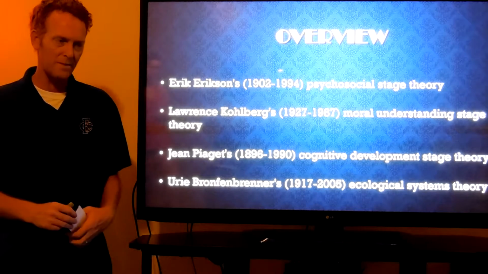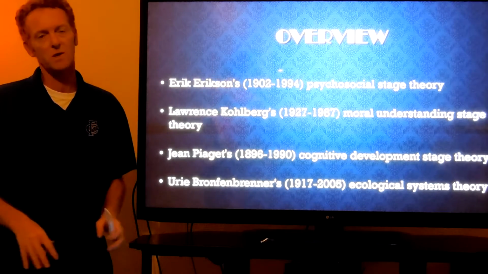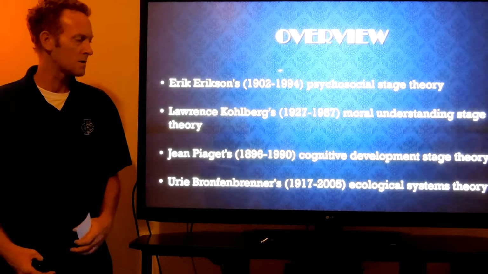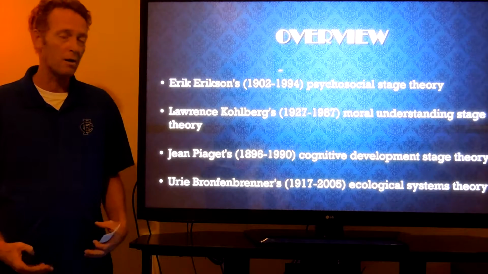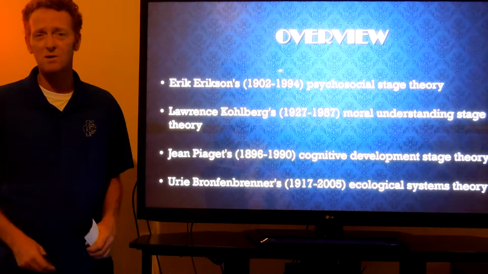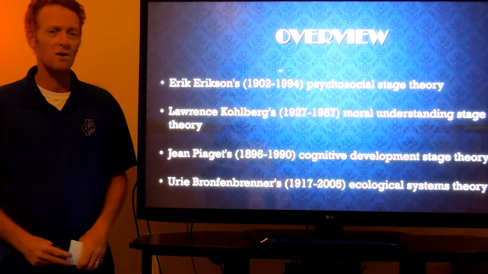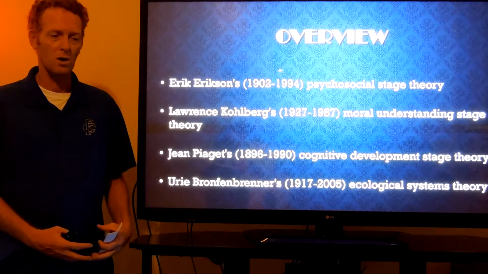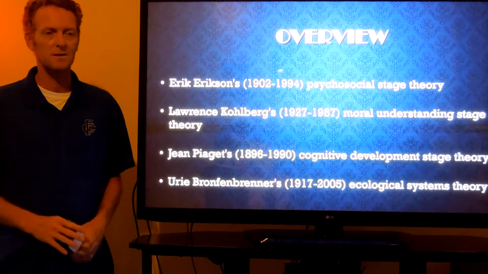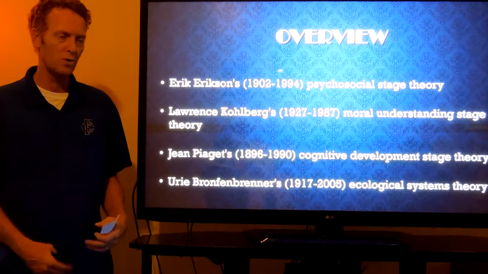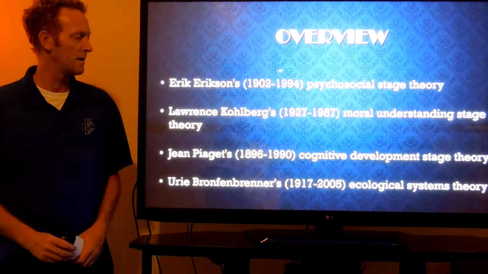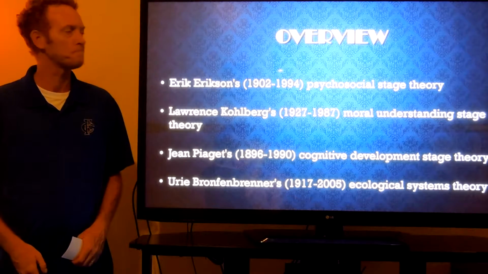His theory is based off of an ecosystem. And he talks about the different stages of development as far as a microsystem or a macro system, the little things in our life as we grow from early childhood into adolescence, how those things influence who you are and your identity and how you develop through these stages.